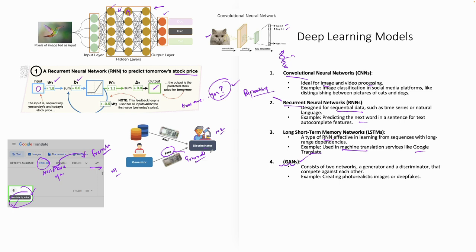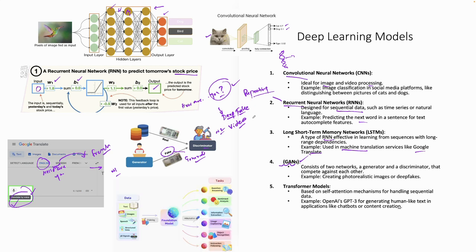So this is what is called a deep fake video, deepfake. As the name suggests, it is part of deep learning, and it's a fake video. It looks so realistic, and what you're doing is creating new footage that depicts events or actions that have actually never happened. That's the beauty of a GAN, right? It has two networks, a generator and a discriminator, which compete against each other, and you can create photorealistic images